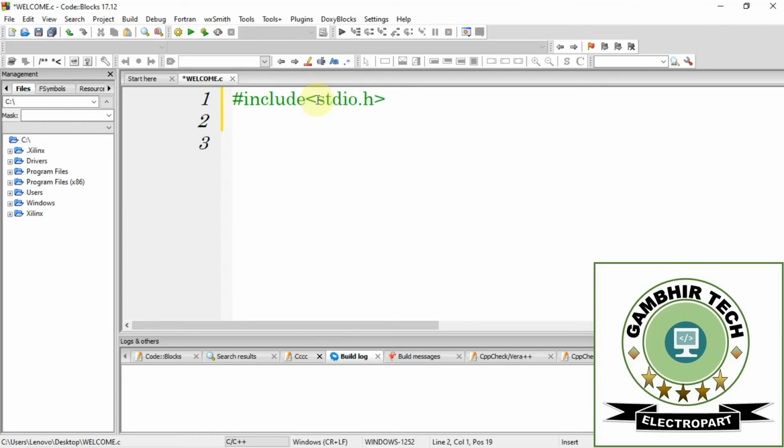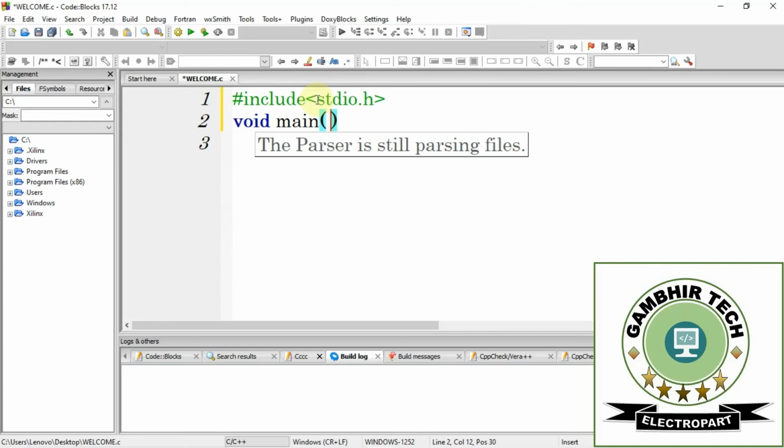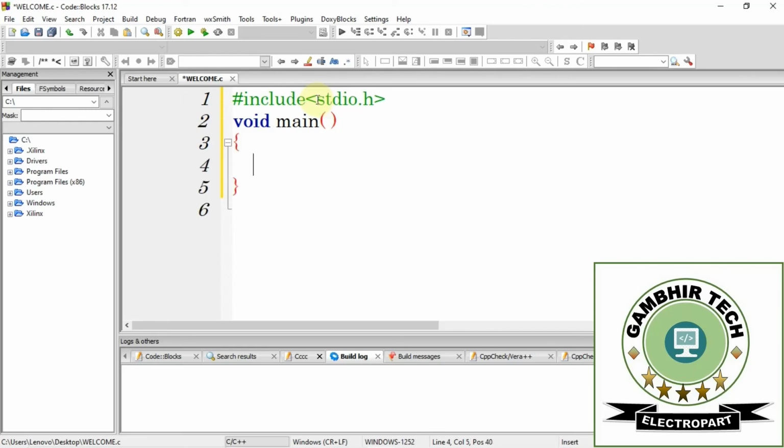After including this library, we have to write our main function: void main, then parentheses, and after that curly braces. We will discuss the functioning of curly braces later on.